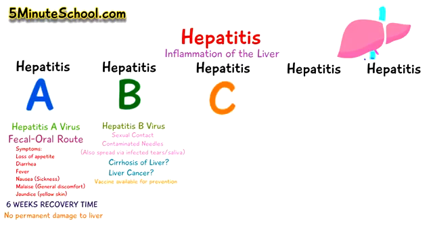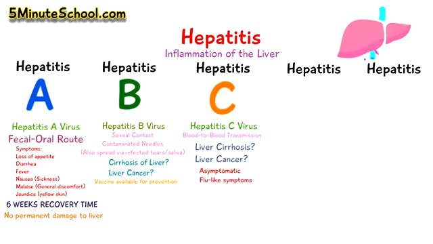Hepatitis C is caused by the hepatitis C virus, and it's spread by blood-to-blood contact, and it's the most common type of hepatitis in the UK. It can lead to liver cirrhosis and potentially liver cancer, although sometimes hepatitis C is present without any symptoms or only flu-like symptoms. Hepatitis D is a disease which is caused by the hepatitis D virus, and this is an